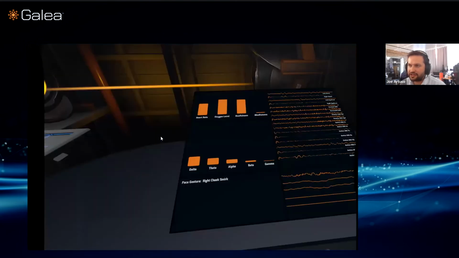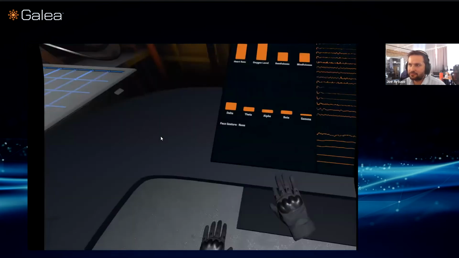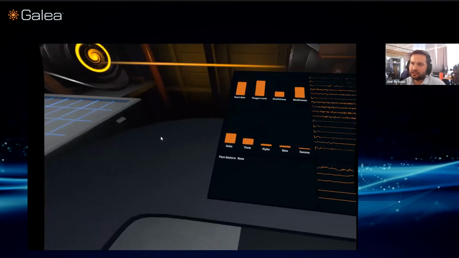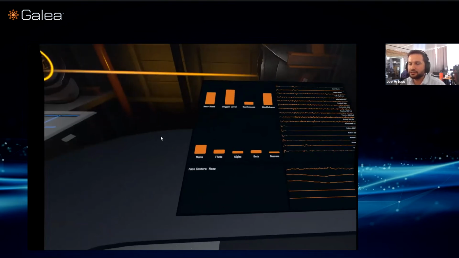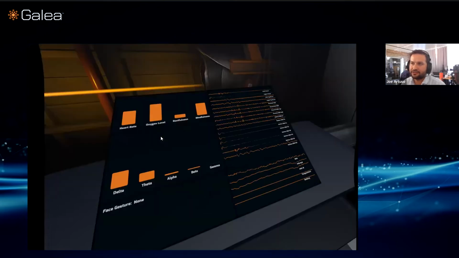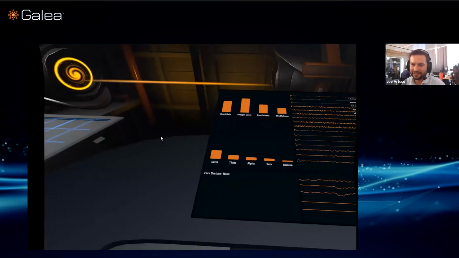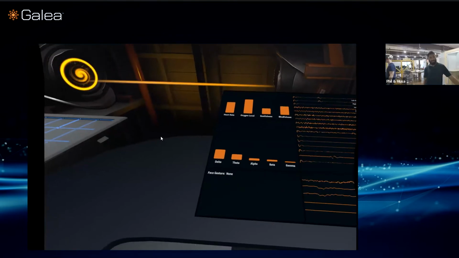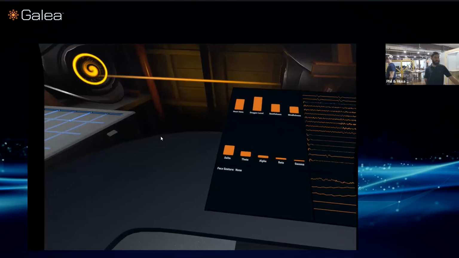Sorry. Just one question that's gotten some thumbs up. With the data collected, will Galea be able to track anxiety levels, or could the data collected from a system like this be used to track anxiety levels and then incorporate that into a horror game? That is very interesting because we've experimented in that vein, trying to elicit mental stress,